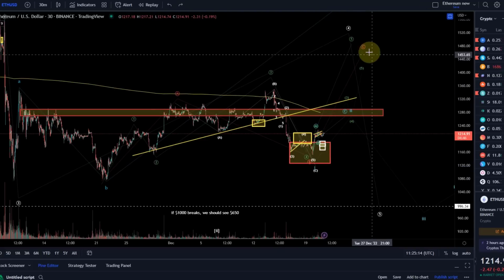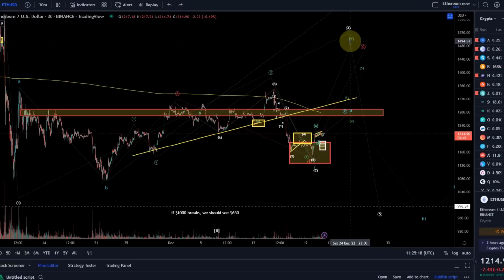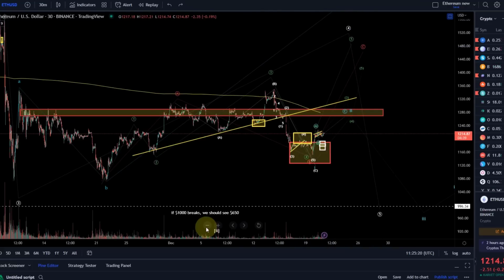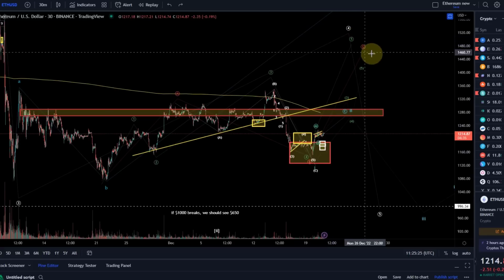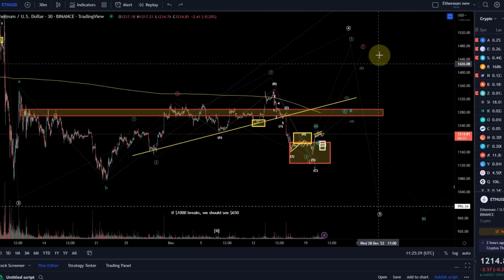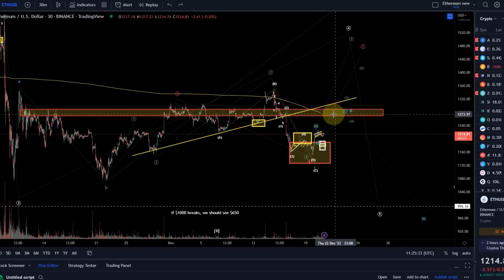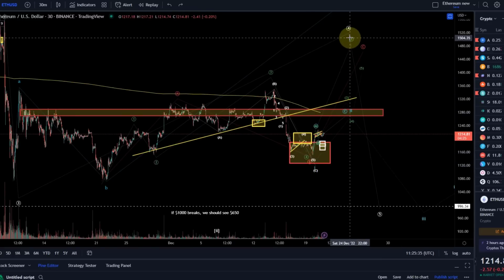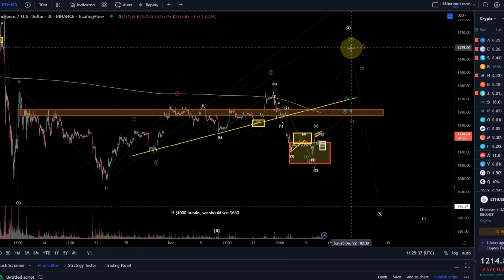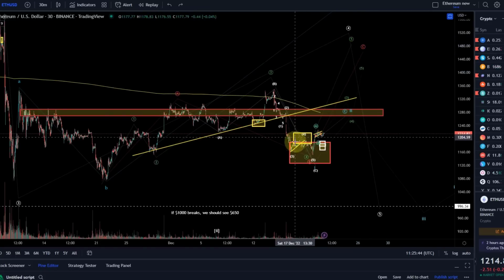From here then we would expect to come down. So red and green can basically be seen as the same count in the short term. However, there's of course also a bearish count. These two counts would lead to a dip afterwards as well. What we don't know yet is how strong we are going to come down, but we will be able to define key support areas when we have some clarity if we are in the red or green count, but it's too early for that. Don't want to confuse everybody, we take it level by level here. And as we go higher, then we can specify further, are we in the red or the green count.